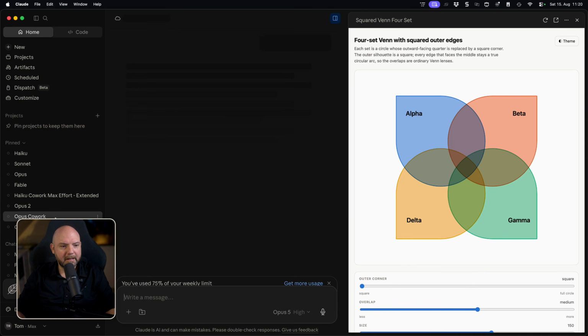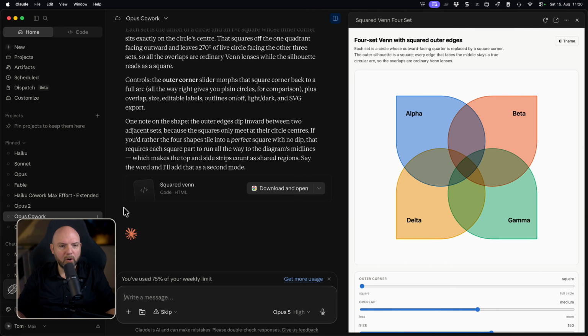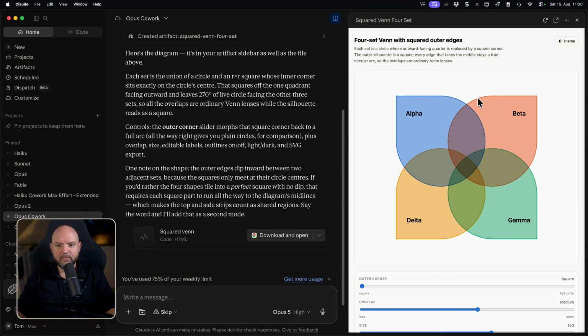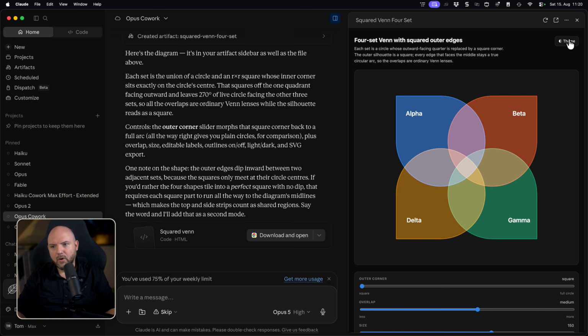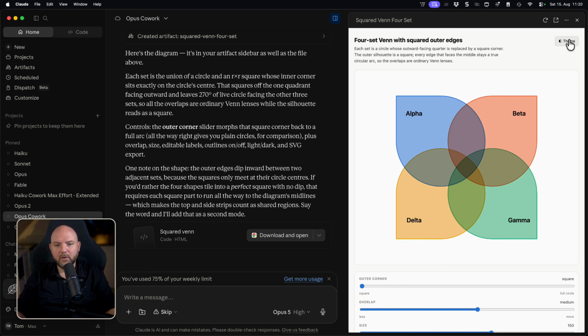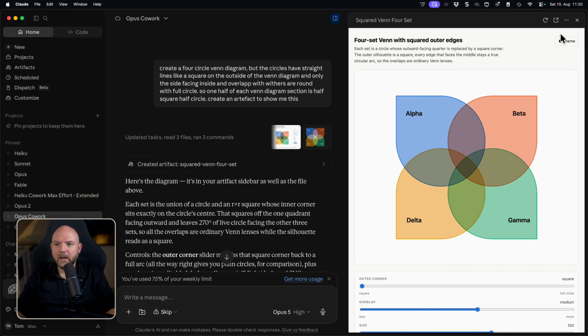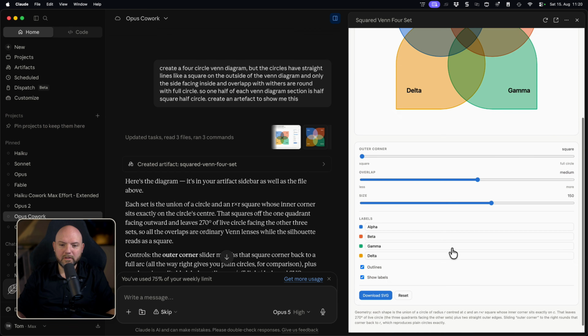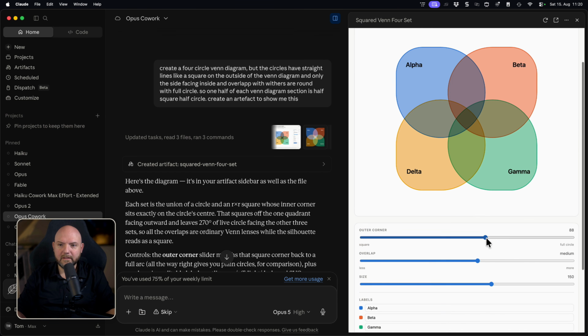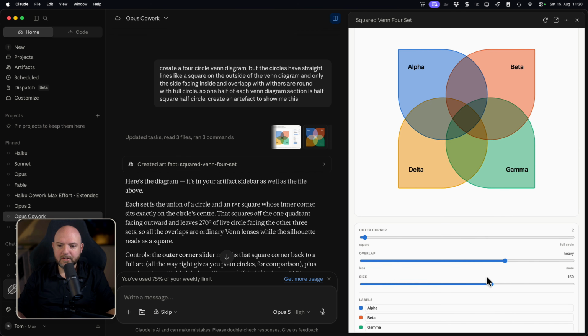So I made some more tests here. We have Opus with Cowork, and I just checked if there is any difference. And again, I cannot really say, is it Cowork that made a better thing, or, I can switch dark and light mode. Again, nothing that I asked for. A lot of things that Opus adds here are just token consuming, because if it just creates what I was asking for, this would not be the thing. But again, I like that touch that I have these sliders here, and this is actually pretty good.